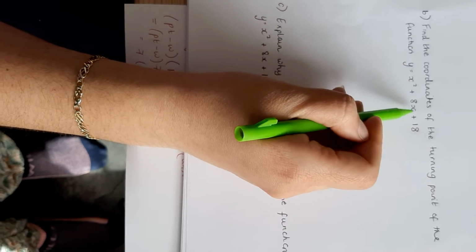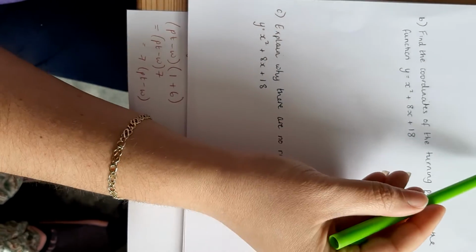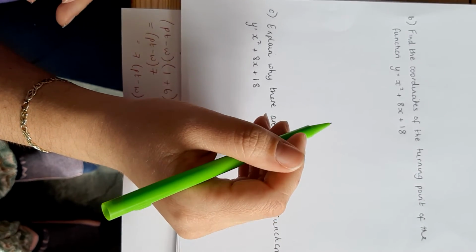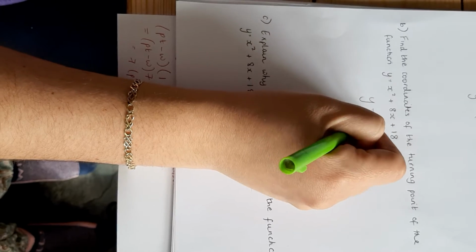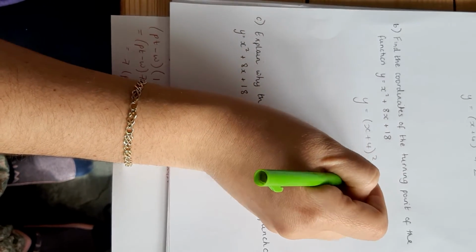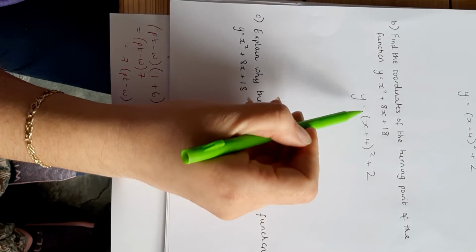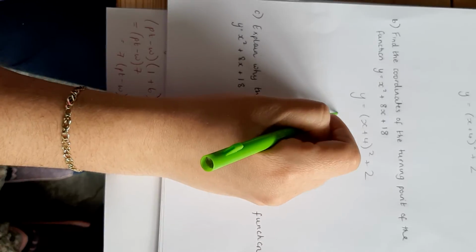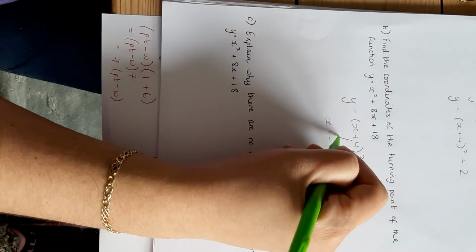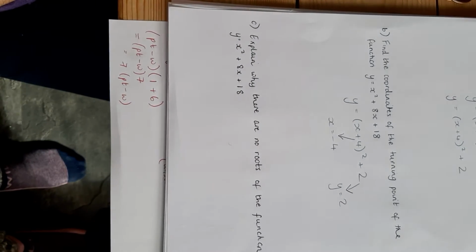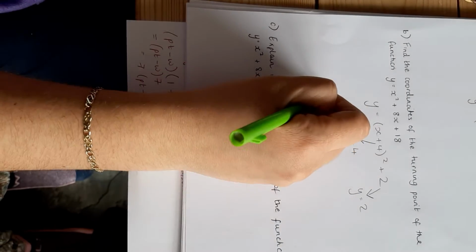Next one, so we look at part B, find the coordinates of the turning point of the function y equals x squared plus 8x plus 18. Well, the whole point of completing the square is actually so that you can find the coordinates of the turning point. You can actually just use this form here to find your turning point. So the value of a turning point for this, x would have to be minus 4 from this point here, and y would have to be 2 from this point here. That would give you a minimum